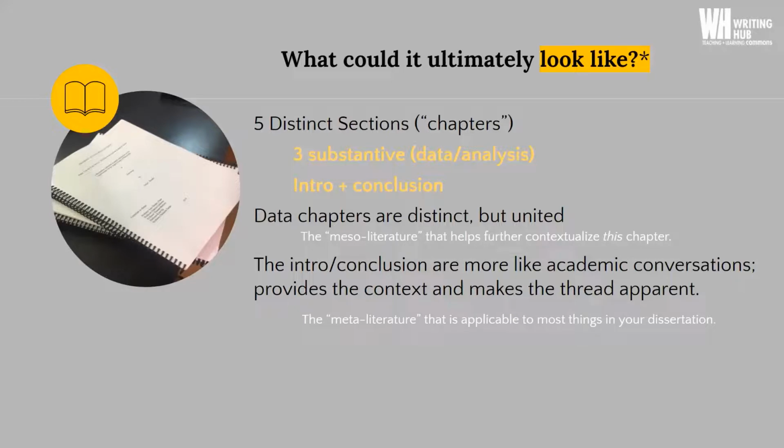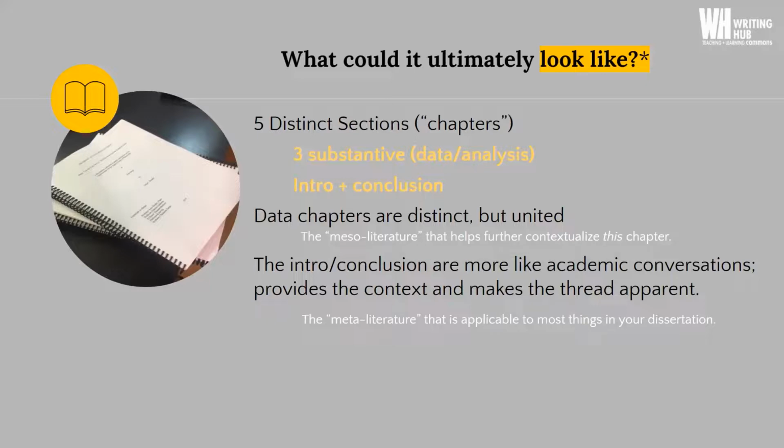So whether that's a finding section or a particular chapter that's about your data and is exploring findings from your data, you can also have meso-literature that shows up in the substantive data chapters because that literature will help contextualize or explain or make sense of things that you find relative to that particular chapter. Even if it's not relevant to the entire dissertation, it can be relevant for that particular chapter.